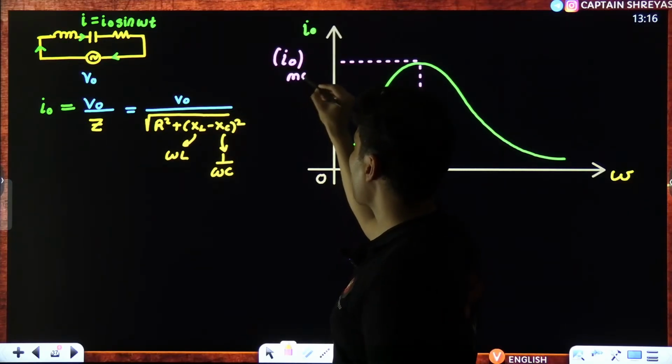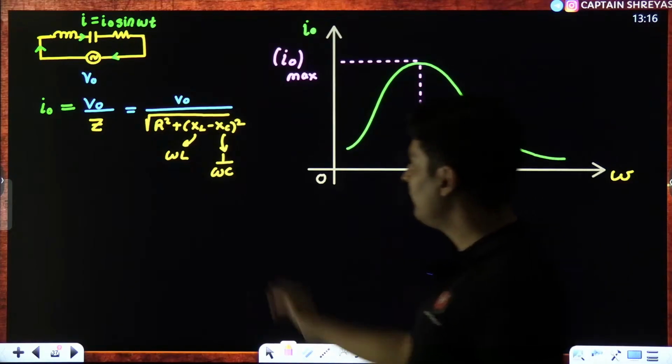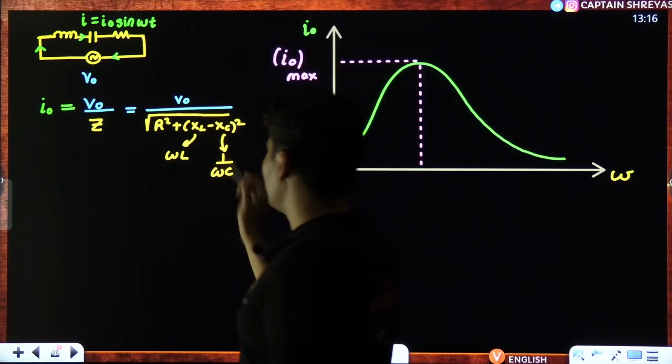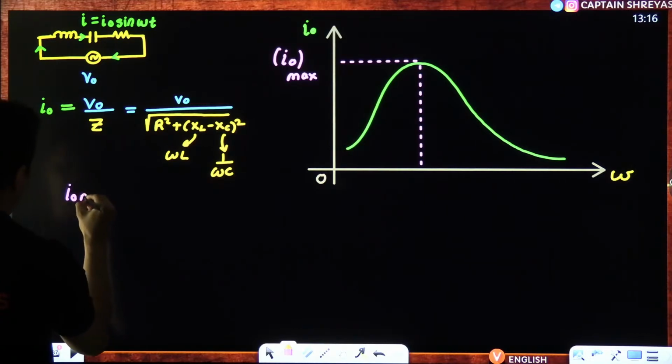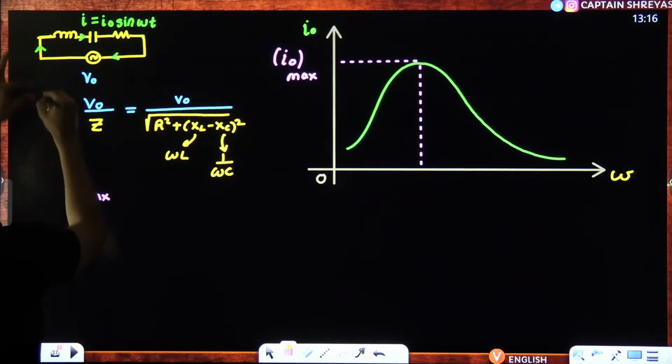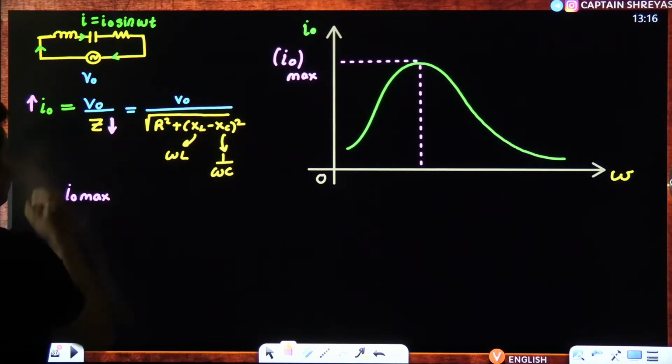This happens at a very special value when both XL and XC are equal. If you want this current to be maximum, Z should be minimum,